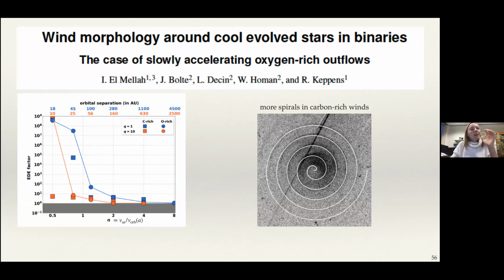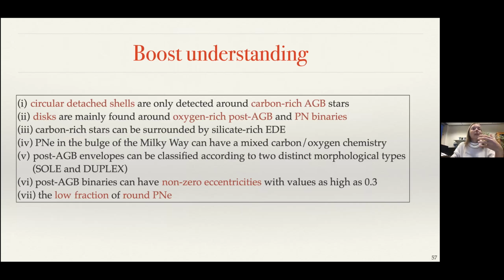Yeah? And so that's the overall picture. So we now have a picture that makes a differentiation between carbon- and oxygen-rich, and carbon-rich has much more radial winds compared to oxygen-rich. And these oxygen-rich winds have much more the tendency to form disks if possible. And having that picture in your mind gives you the possibility to make predictions on the AGB, on the pulse